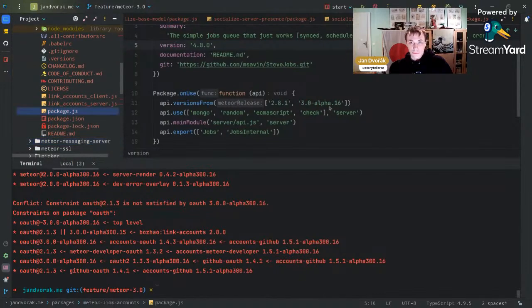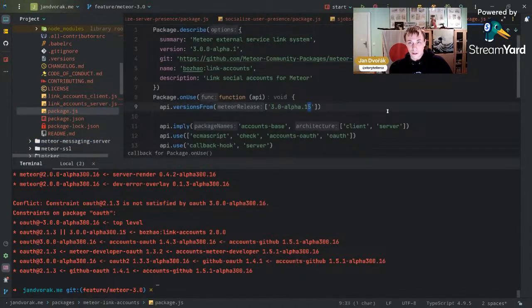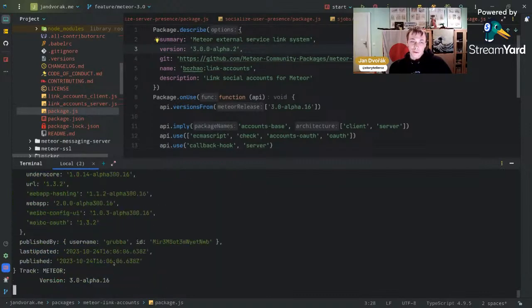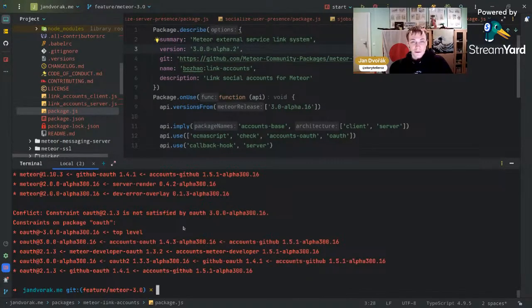So, link accounts. I'm working here with the alpha, so it's going to be the alpha 2 release, for this guy. Let's see if that might help. What I'm thinking is happening is that Meteor for each release automatically does the updates of the packages, and the association with that particular release. So what I fear is that either this package is not getting updated, which